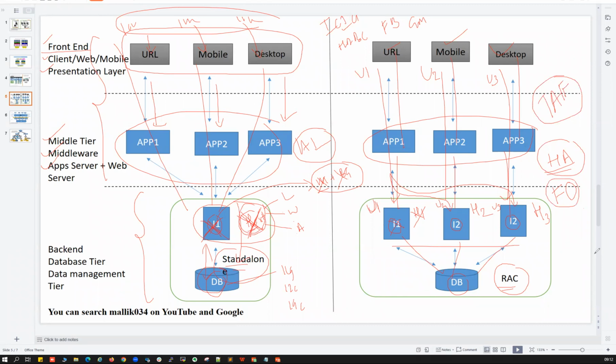And the third advantage is your load balancing. What is load balancing? If my application wants to connect to my database, and 3000 users are connected at the same time, and all the 3000 connections go to instance 1 and this host 1, and your host is not capable of handling 3000 connections, your server will crash. In case of RAC, what happens? The 3000 connections,